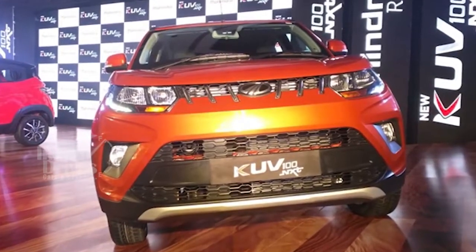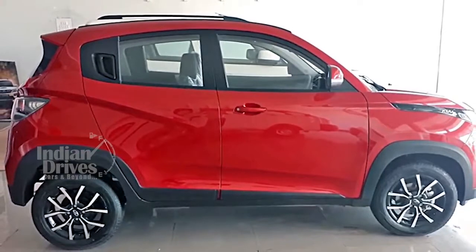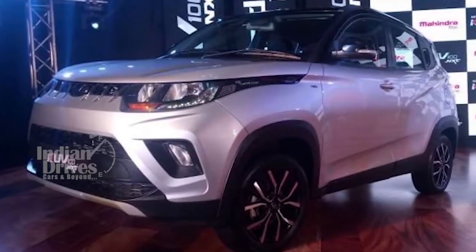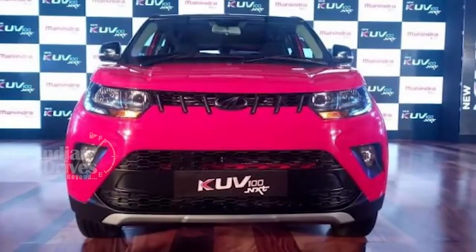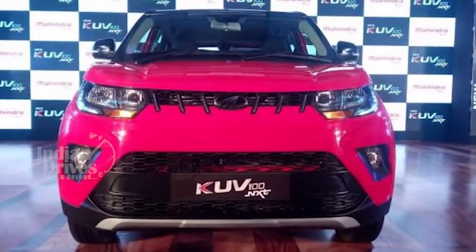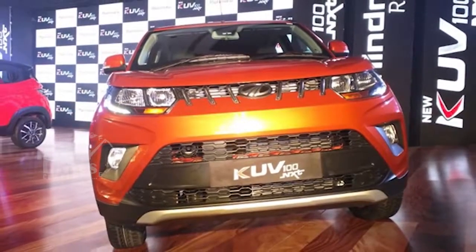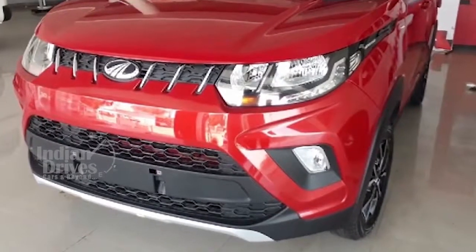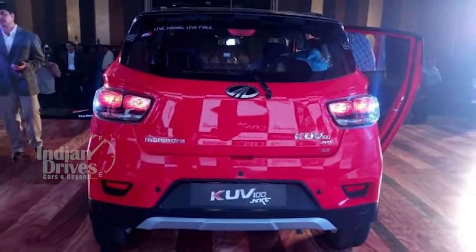has launched the facelifted version of the KUV100 NXT. While the design of the KUV100 remains almost unchanged, there are some changes which are distinct and noticeable to the exterior. The car gets an updated front bumper, a new mesh, and there's a bit more plastic cladding around the fog lamps. The front bumper has been tweaked to give the car a fresh look, making it a bit more contemporary. A fog skid plate finished in brushed aluminium is also seen at the front and rear, giving it that